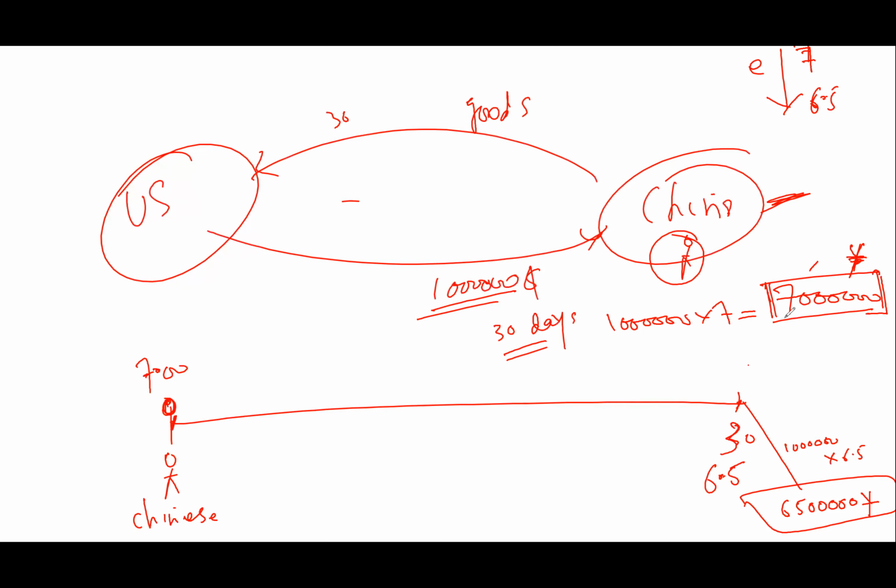His biggest concern is that the exchange rate will go down. If the exchange rate goes down, then I would have a loss of 500,000 yuan. So in order to protect